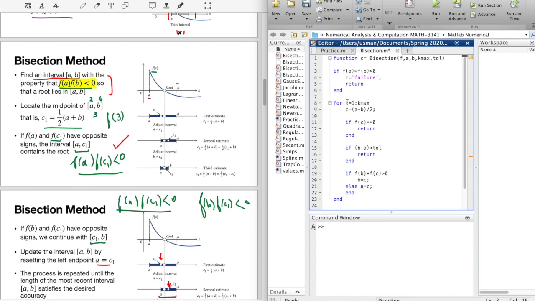For the for loop, the initial k value will be 1, and it will increase up to k max, but initially its value will be 1. So after getting into this loop, its value becomes 1. Then c, which we have defined, will be equal to a plus b by 2. So it will find the first c value when k is equal to 1, which is a plus b by 2. And then it will check if the function